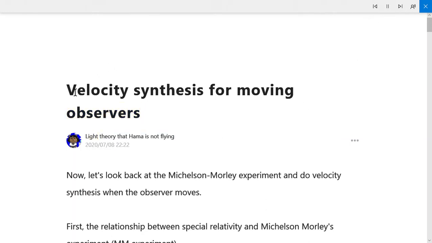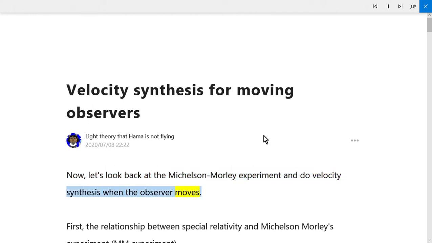Light velocity synthesis for moving observers. Light theory that Hamma is not flying. July 8, 2020, 22:22. Now, let's look back at the Michelson Morley experiment and do velocity synthesis when the observer